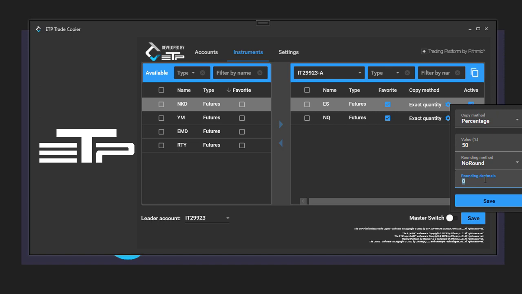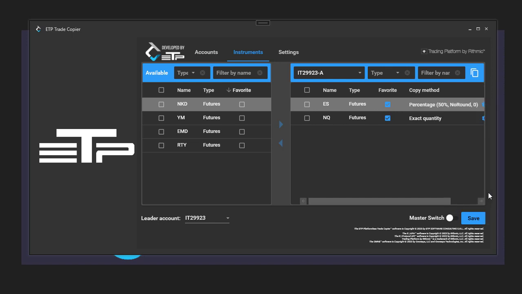What we use rounding for, and I'm displaying this on futures, but this is mostly used and best used when you're trading crypto or Forex. That's where you can actually have the decimals, and that's where all this stuff comes in. Normally for futures, it's either round up or round down. No rounding is kind of risky. Anyway, all you have to do is hit save to be able to save that,